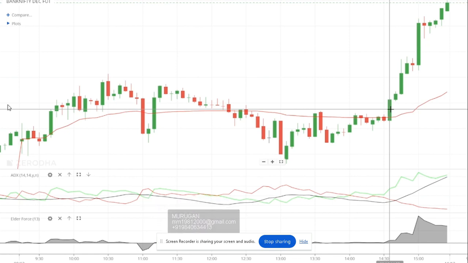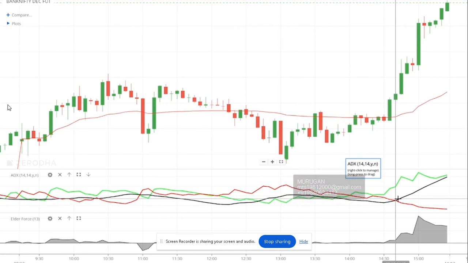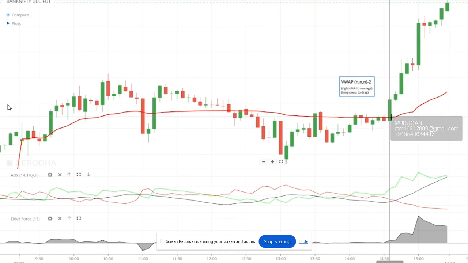Now you are also getting 3 confirmations. One confirmation, the price is above the VWAP, the red line. Second confirmation, ADX is actually turning to the upward trajectory. It was in the downward trajectory here, but now it is turning to the upward trajectory. And then again see the Elder Force Index, it's going with more force. More force means more volume. Here the market may be going higher but without volume. So here is where you are getting a confirmation.